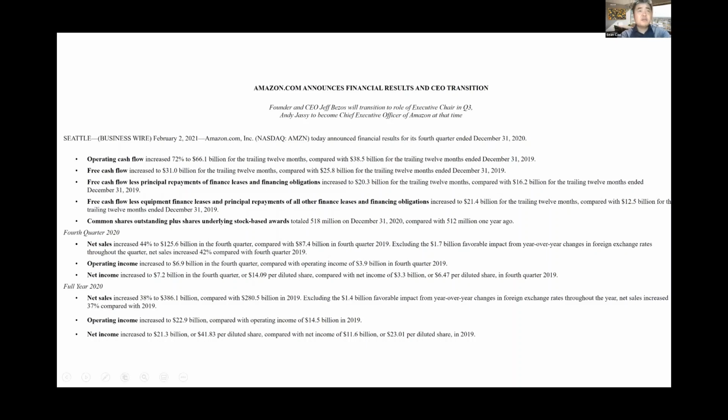They disclose information about free cash flow. They disclose information about net income. They disclose net sales. They disclose information about net operating income. So it's not a complete quarterly report, and it's not a complete annual report. But at least you know some important numbers here, way before the annual report is announced, way before the quarterly report is announced.